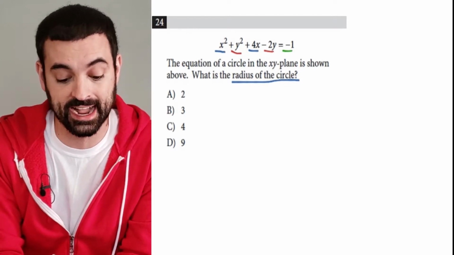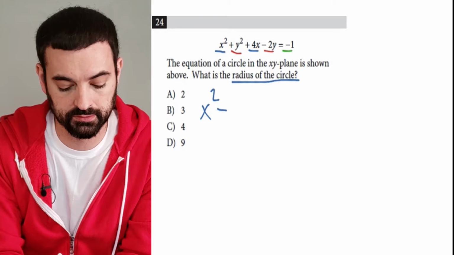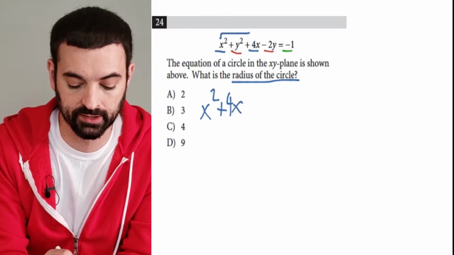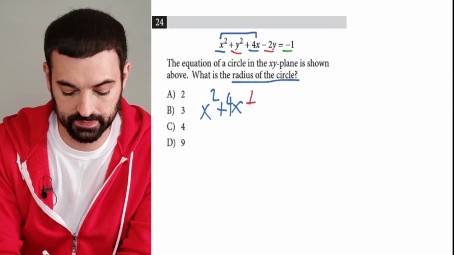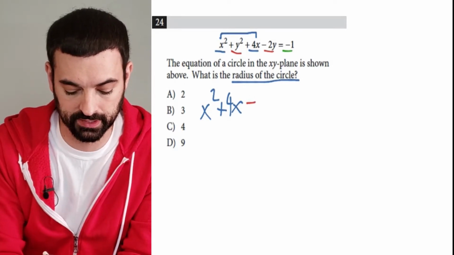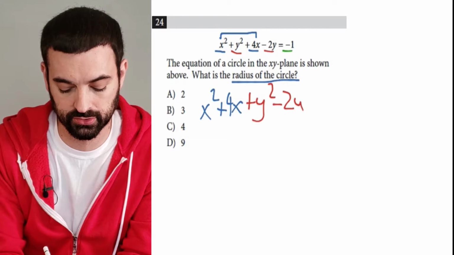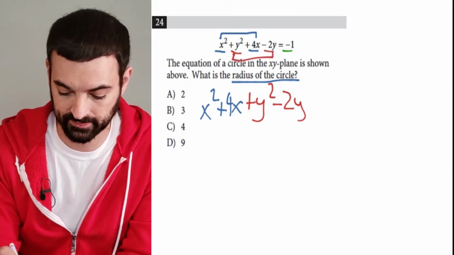I'm going to say x squared plus 4x. See there, I'm grouping my x terms plus y squared minus 2y. There I'm grouping my y terms,